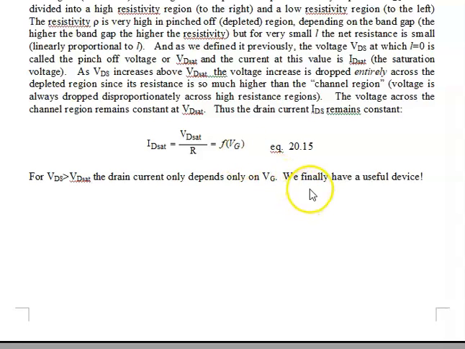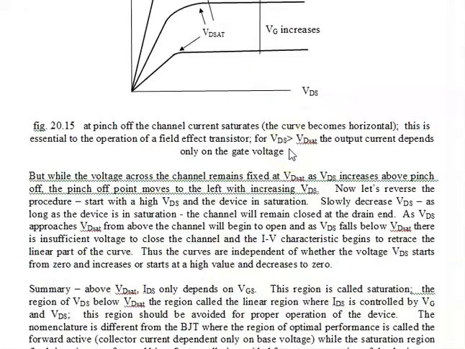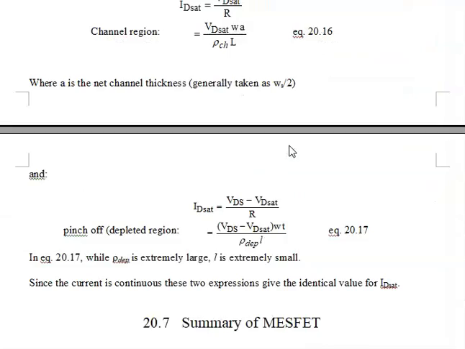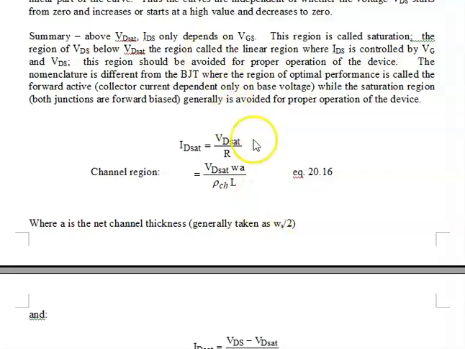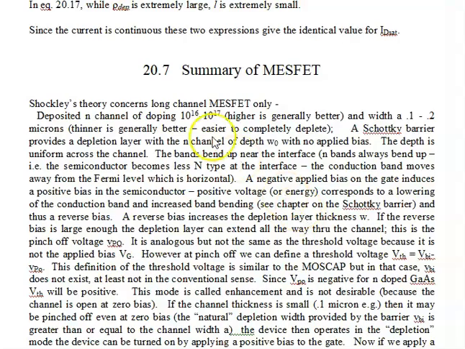And finally, we have a useful device, and here we see that depicted here. Above VDsat, the IDsat flattens out, and the IDsat in this region here only depends on the gate voltage. So we will stop here. We'll just very briefly review this next time, and we will start at this point, and then we will summarize the MESFET,